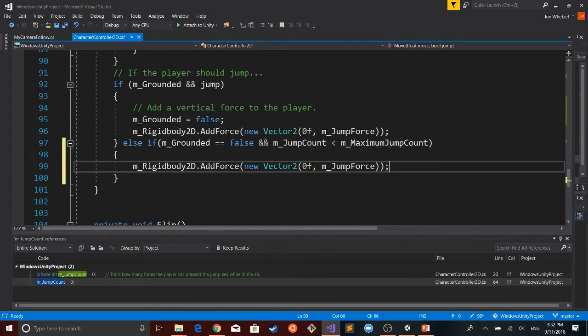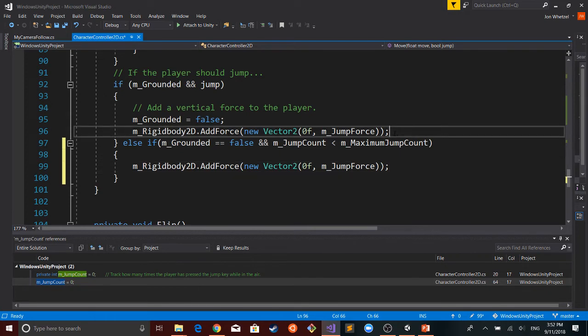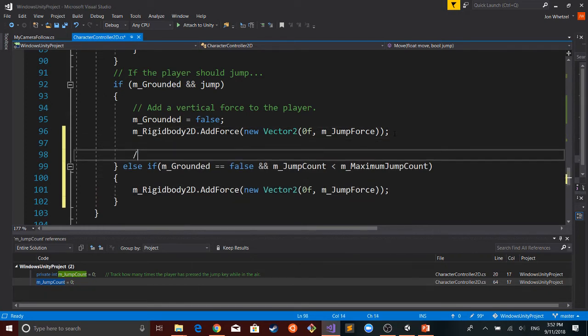So we're adding it. And then another thing that we need to do, because every time we do a jump that we're counting as our jump count, we need to increment that variable.